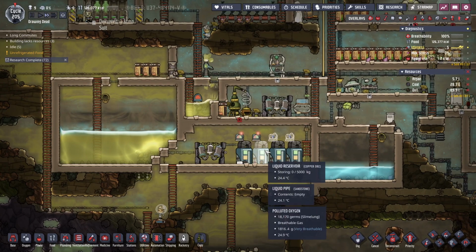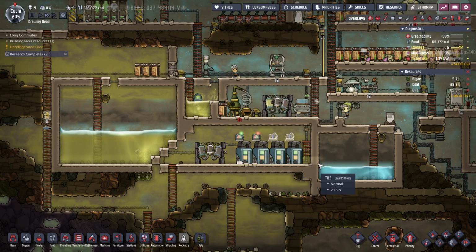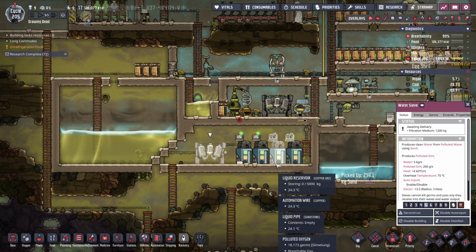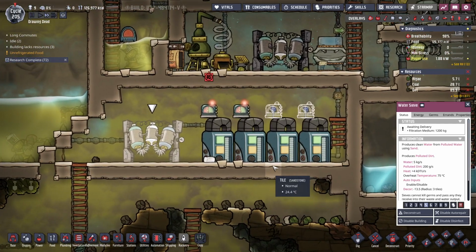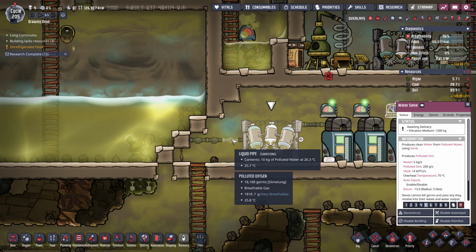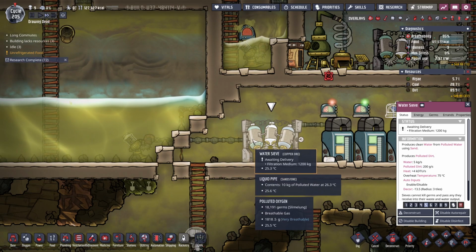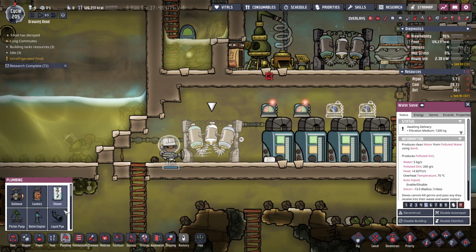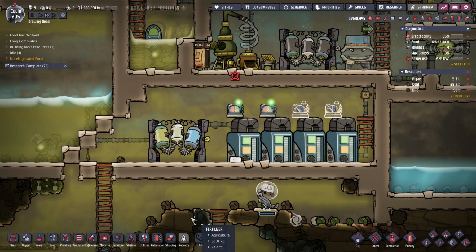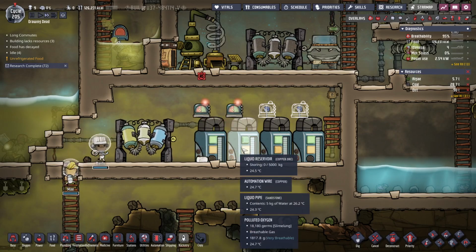Okay. System's almost going. We're up to here. Now, I guess the question then is, why is this not already going? So if we have a look at the plumbing... Okay. So that's pumping water into here. They're currently...